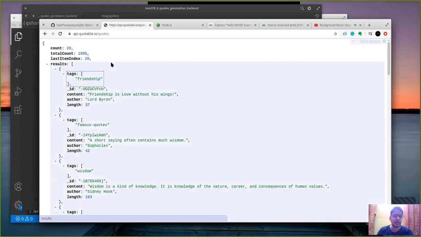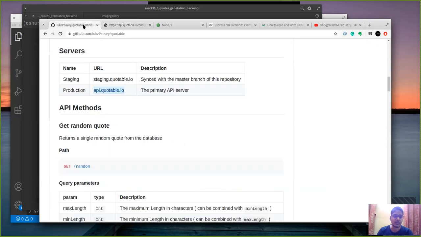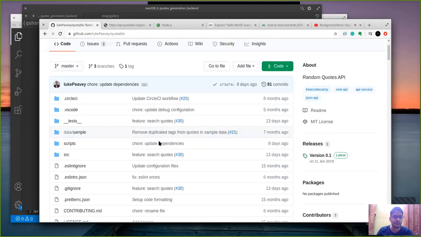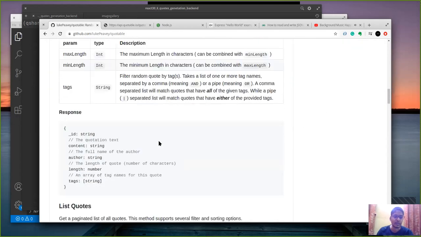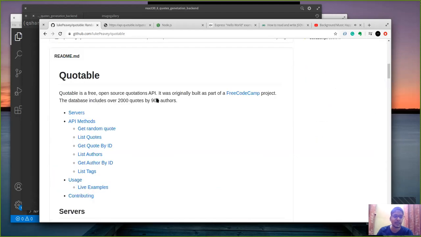Now what we are going to do is create an API URL or endpoint like this, which will return a JSON array containing quotes. For this, I have taken reference from Codable.io. This is an open source repo and quite famous. If you like this tutorial, be sure to give it a star.